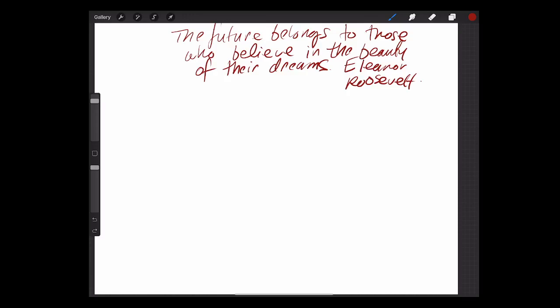So let's see here. I've looked at different ideas of dreams and believing in your dreams, so what is a sketch that we can start off with? Minimum size 4 by 6. I'm going to try just one idea here. Let me see. I'm going to erase this quote here. I have it on the side so I have reference. I can keep it for myself later.